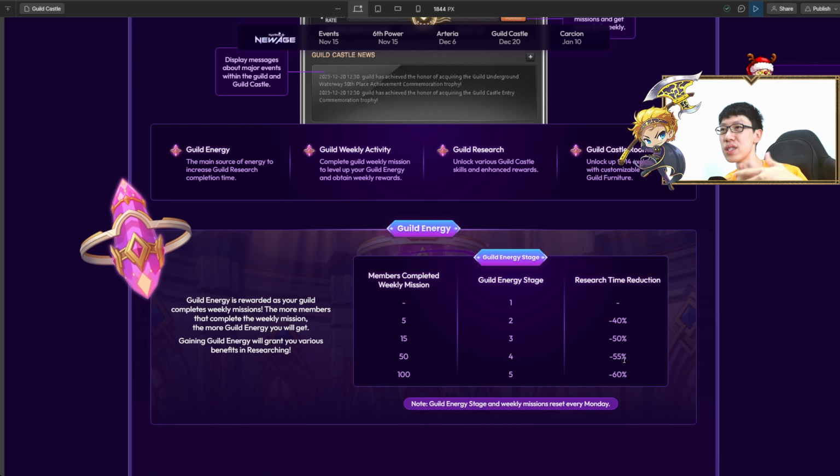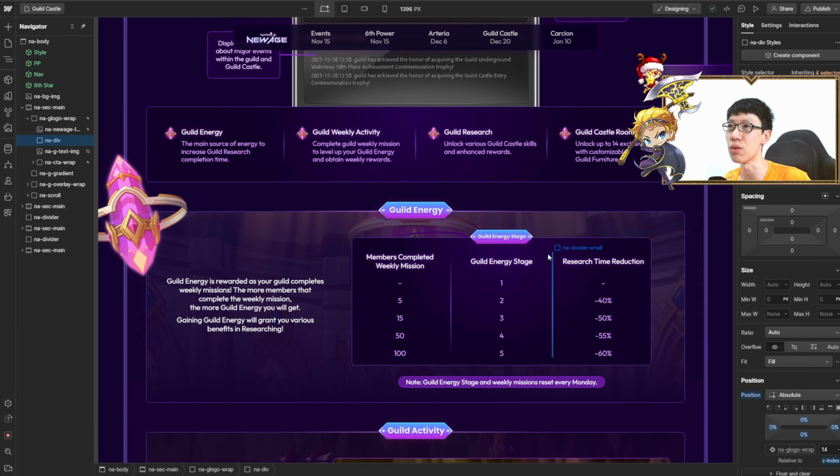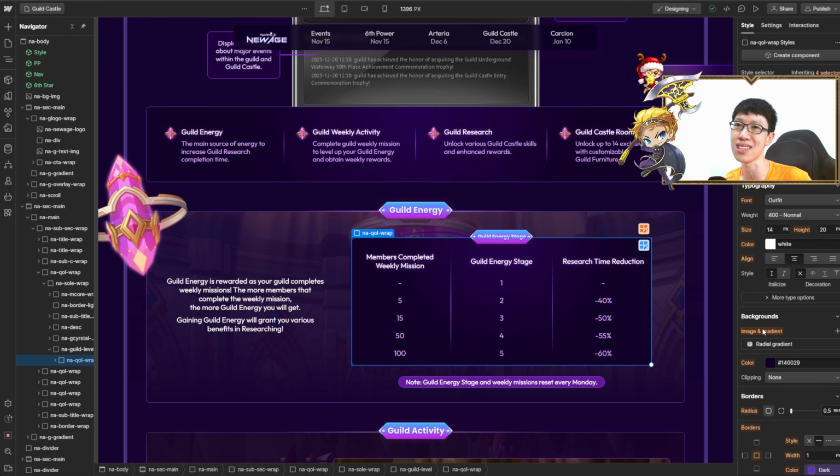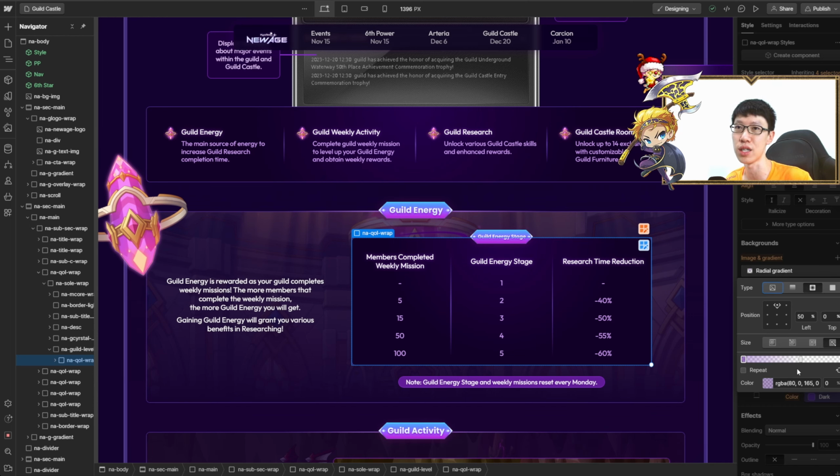Of course, in terms of design wise, you gotta think a bit. Like I added a little bit of glow over here, you know, the glow process over here, the same as the 6-star event as well. And I added a glow. I can actually make the glow much brighter over here.